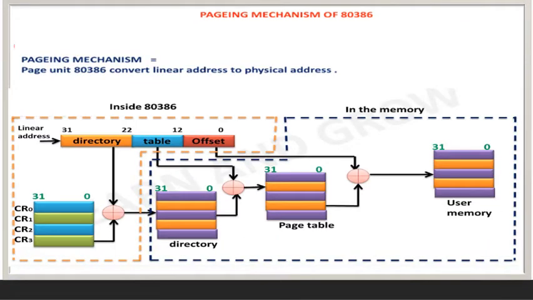Next, let us discuss the paging mechanism of 80386. The paging technique is most commonly used in memory management of 80386. Segmentation can divide the physical memory into segments of different sizes, while paging divides the memory into fixed size pages. Generally, segments may be logical segments of the program, but pages do not have any logical relation with the program. Actually, the fixed size portions of the program module are called pages.